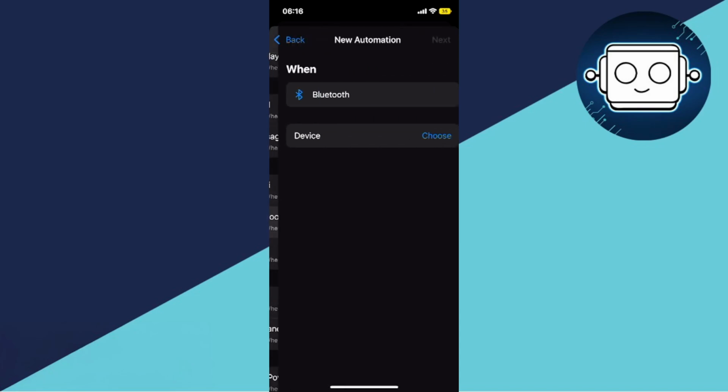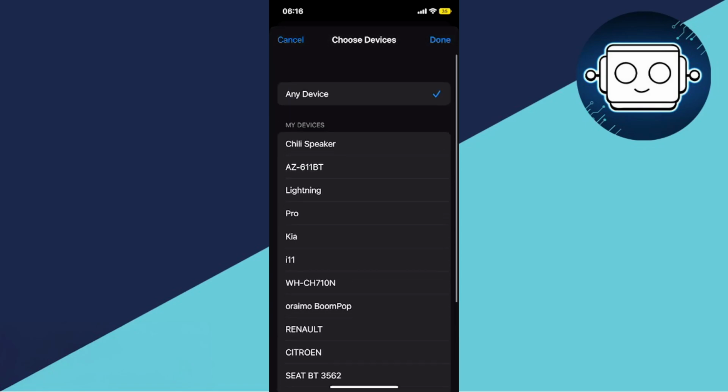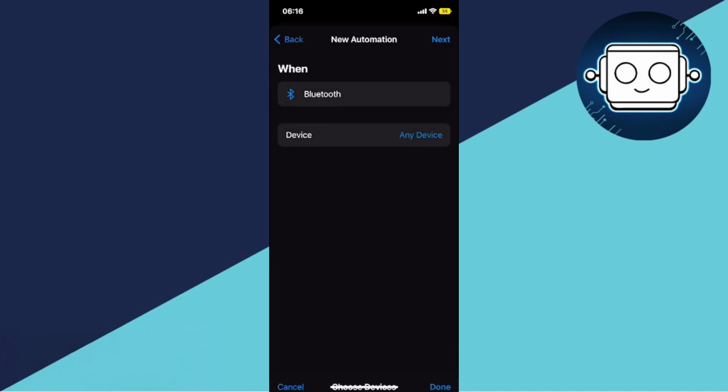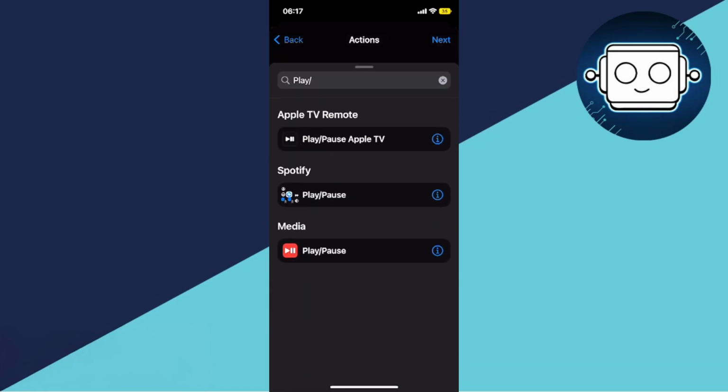and from here I will go all the way around at the bottom and click on Bluetooth, then choose device, and here I will choose any device. Now you could choose a specific one, but for me I would choose any device and then click on done, then click on next. Make sure that this is the page that you will have, and from here click on add action and search for play/pause Apple TV. So from here, for the play/pause, the last one, which is the media,